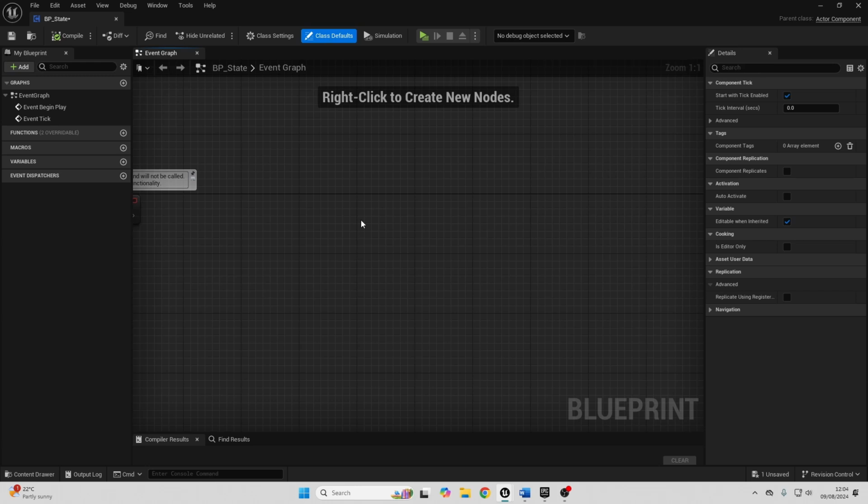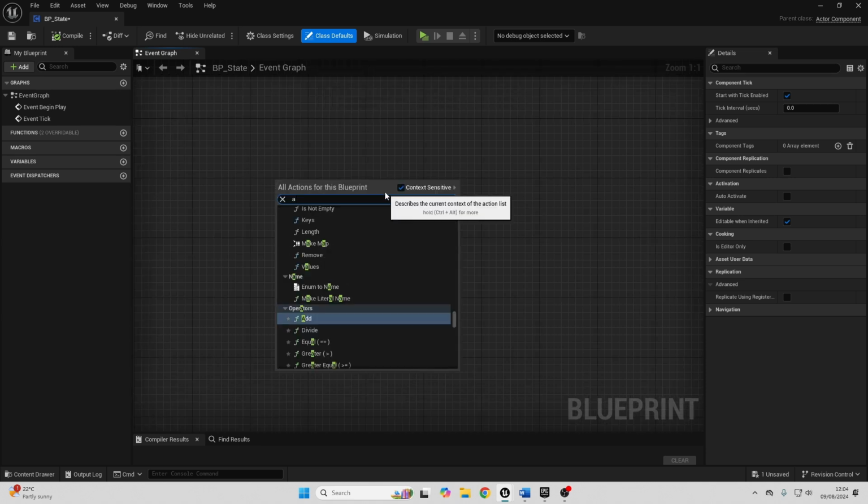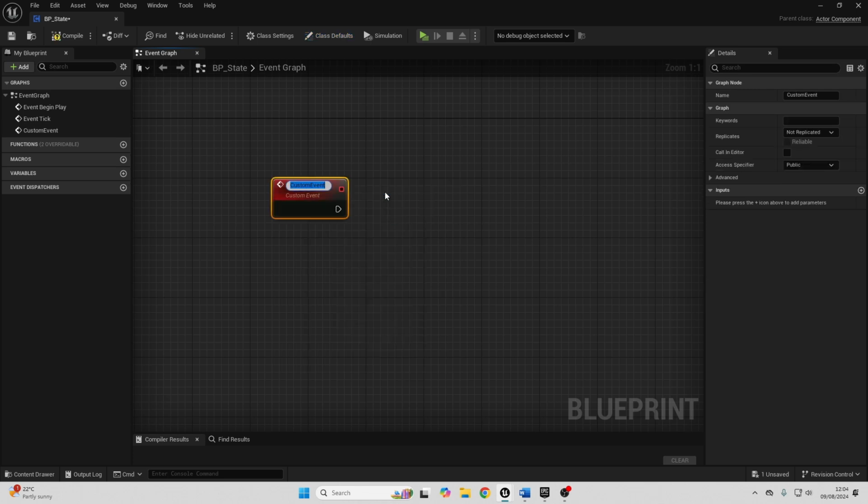Now, when our player character is performing certain states, like dodging, we may want to temporarily disable the player character's movement. To handle this, we're going to create a custom event, which will basically track whether we should make it so the player character should move or not. So if we just right click and look for add custom event, and just call this movement input handler,